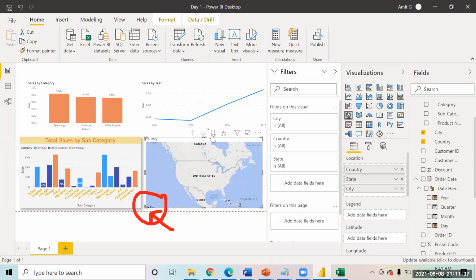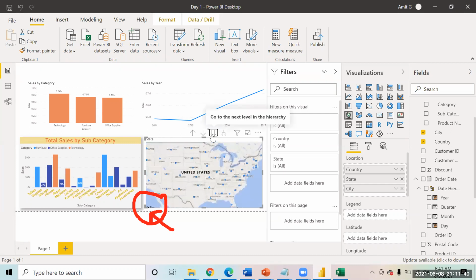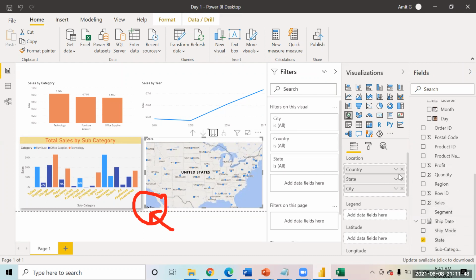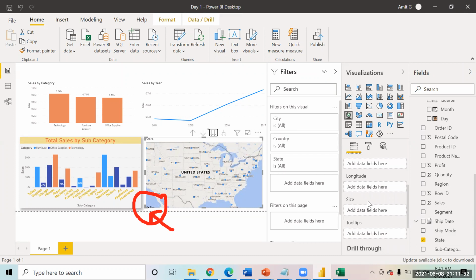But right now, if you see, I'm just showing the locations. I'm not showing any value on this. So I can pick up the sales. If you drag down on the map, you have an option of size.